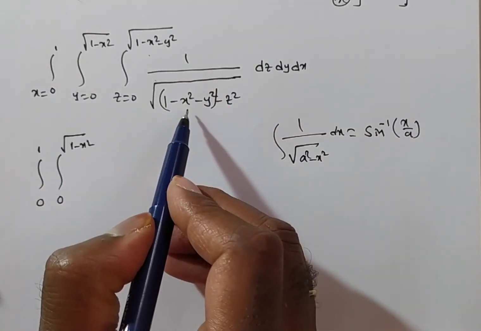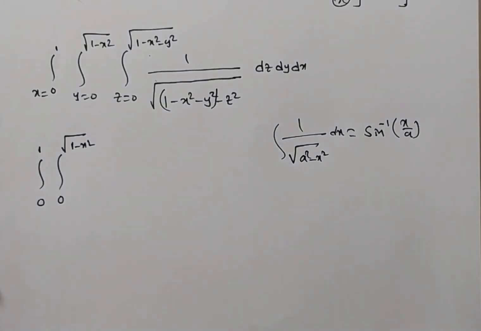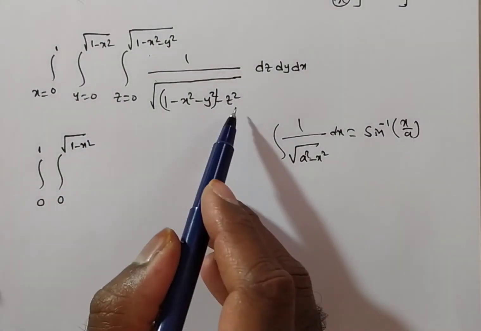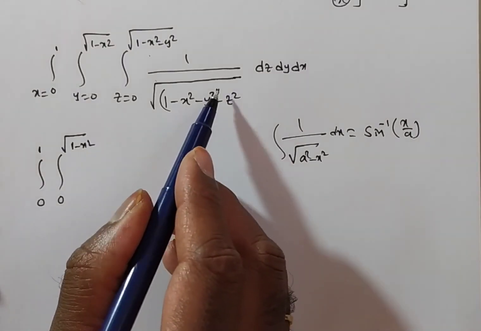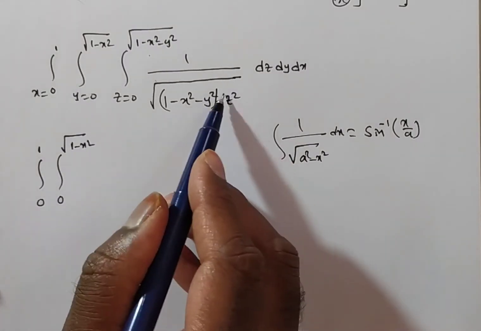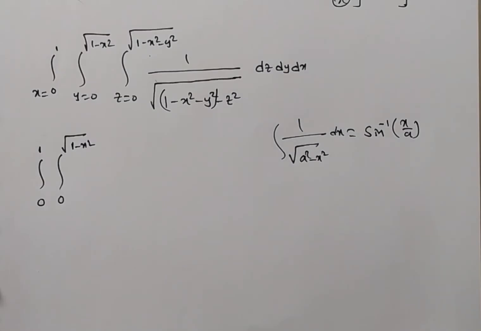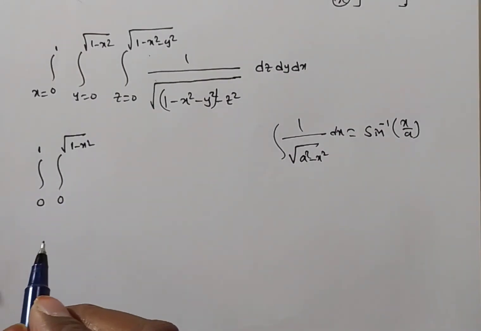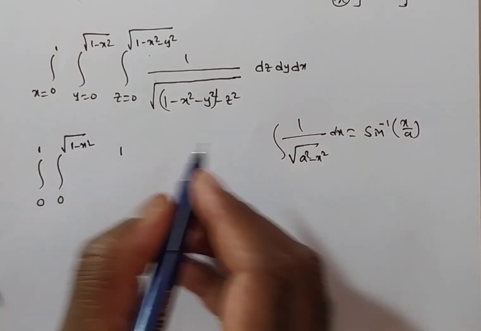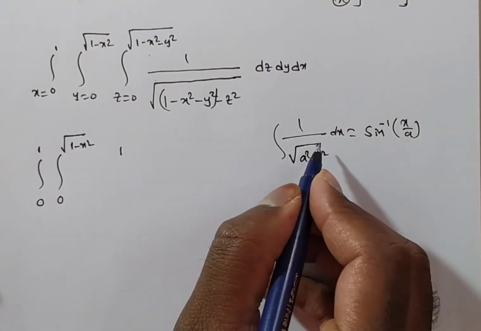Now, 1 by this, you can consider as a square minus x square form. Sorry, here only the bracket is there, bracket power 1. How are you saying this is a square? A square is equal to this bracket, you consider that. Then a will be the square root of this bracket. Is it clear?